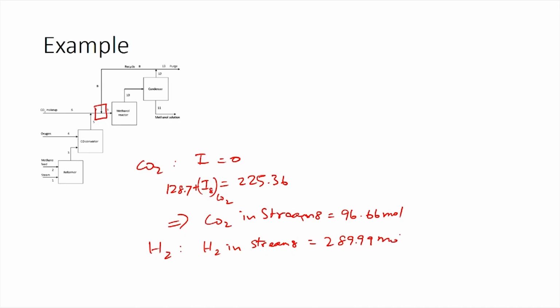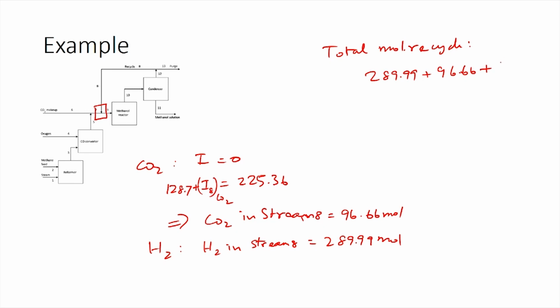Similarly, writing a balance equation for hydrogen, we would be able to calculate hydrogen in stream 8 as 289.99 moles. This is not sufficient because we still need to calculate the amount of nitrogen which is coming in through the recycle stream. We have one piece of information about the nitrogen concentration, which is 5%. So, we know that the total moles of recycle would contain hydrogen at 289.99 moles, carbon dioxide which is 96.66 moles plus